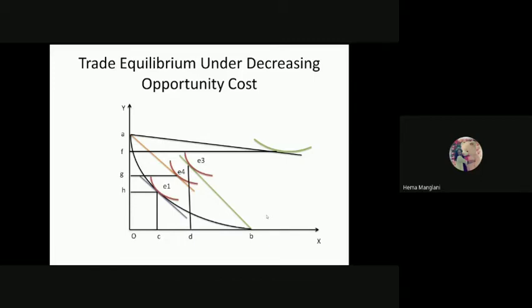Okay, let me answer this. See here, as I was mentioning earlier, you need to compare this price line. Why? Because this is given in the same diagram. That is why I'm doing it. So here we have the purple line, which is a relatively steeper line than this black line. Okay. So the steeper line indicates what? This is the domestic price line.